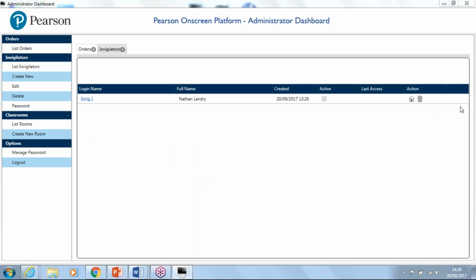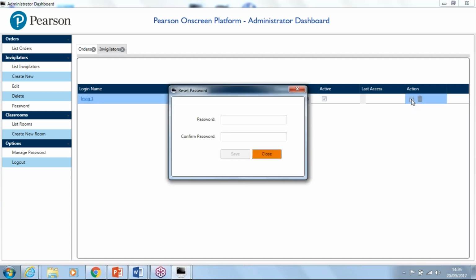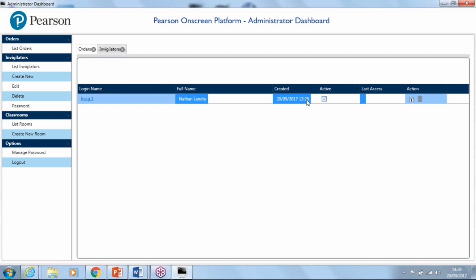If I wish to delete the invigilator, I just click on the bin icon here, or if I wish to reset the password, if I've forgotten the password, if I just click Set Password, and then I can enter a brand new password here. It doesn't actually say on here, but the format for the password is a minimum of 8 characters. It must include a capital letter and a number and a special character. So if I just close that,